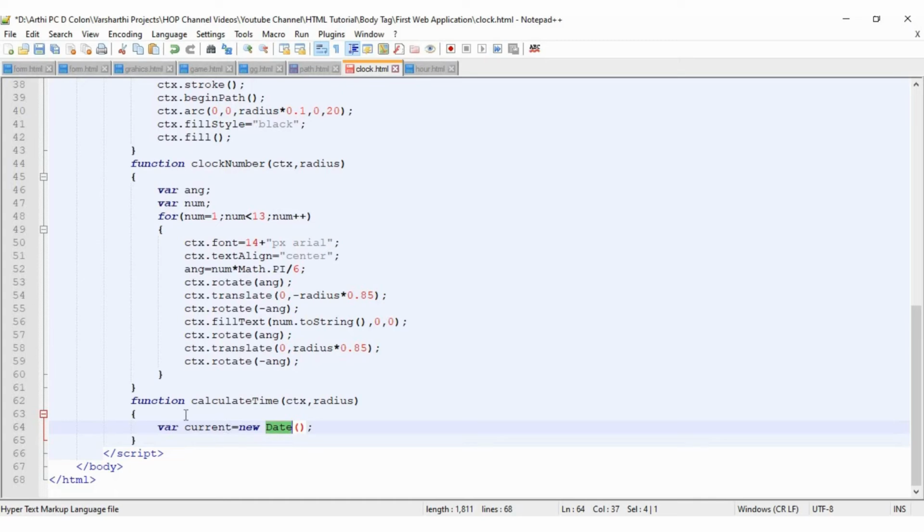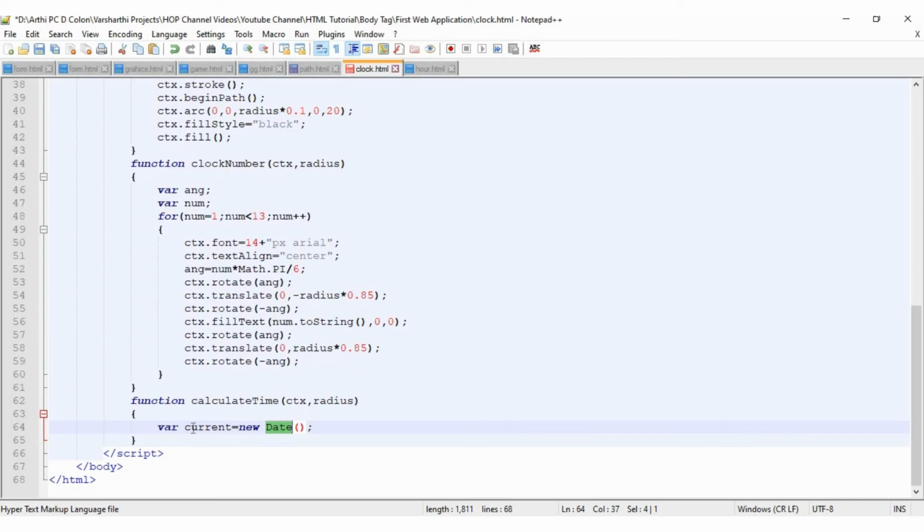So to create an object in JavaScript, we have to use the keyword var followed by your object name. Here this object name is a user defined name. You can name it according to your wish, right? After that the new keyword should be used. The purpose of the new keyword is that it creates a memory space for new objects, right? After that the corresponding class for which you are creating the object should be used, right?